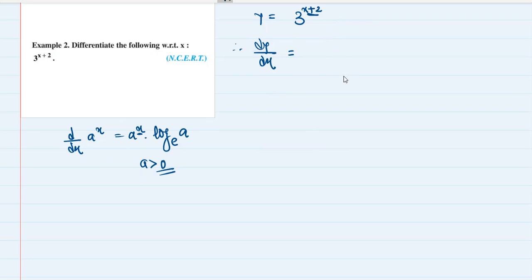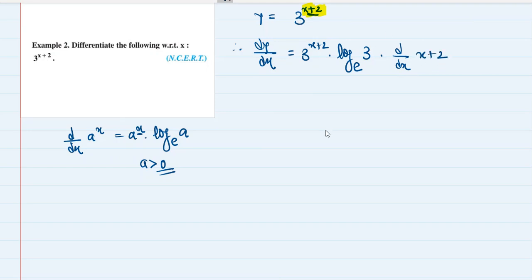Okay, so here the power is x and here the power is x plus 2. So we have to apply chain rule. Now for applying chain rule, we'll first treat this power as the stuff which we cannot touch. So we'll treat this power as x. Okay, so what will it become? This will become a raised to x, that is 3 raised to x plus 2, multiplied by log of a, that is log of 3 to the base e, multiplied by d by dx of, chain rule, that function within a function we have, so that stuff we have to differentiate now,